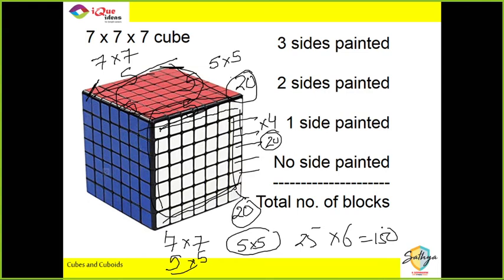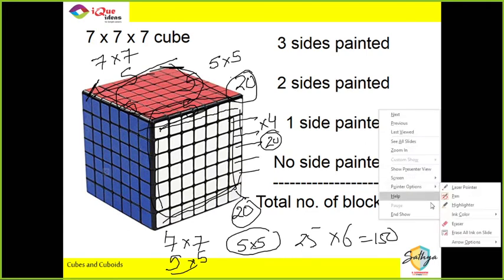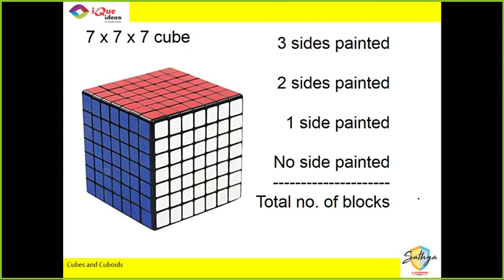Malay, how for which one? Middle layers में two side painted 4 कैसे है वो पूछ रहे हो आप? Okay. Now, you understand what I meant by a middle layer, right? Top and bottom layers को cancel कर दो. Middle layer में, take a look at this. This block will have two sides painted on the edge, right? बाकी ये सारे तो one side painted है. तो सो edge touch करता है वो two side painted होगा. Are you getting that?